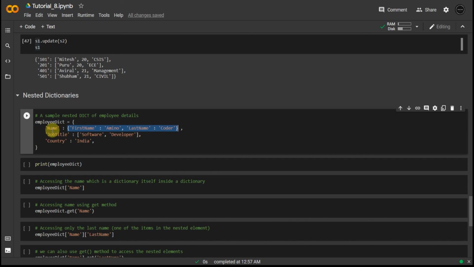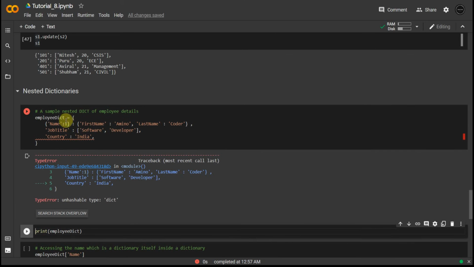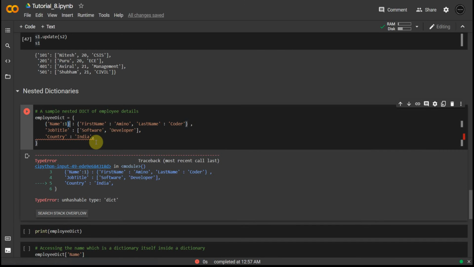So we can actually assign a dictionary to a key here. But if I try to do something like this, it is not possible, guys. Please don't do that. It's not hashable. Again, it's a mutable object. That's why it's not possible. Okay, so don't try that.